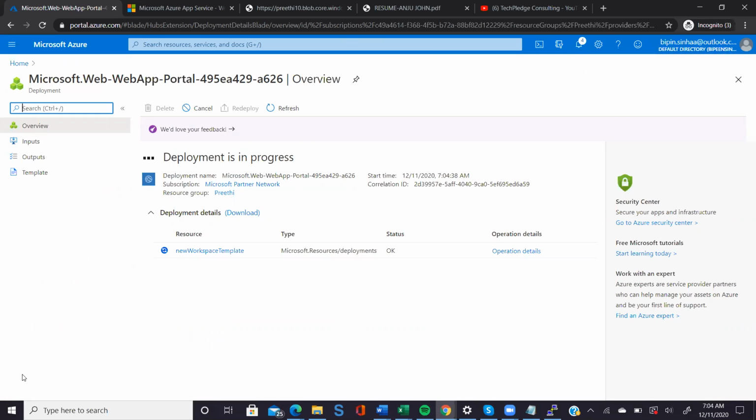Now, what is your understanding so far about the cloud, Anju? I just gave you a sampling of virtual machine, a storage, and then